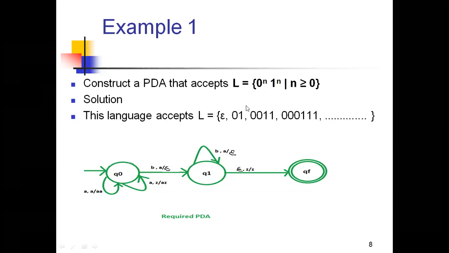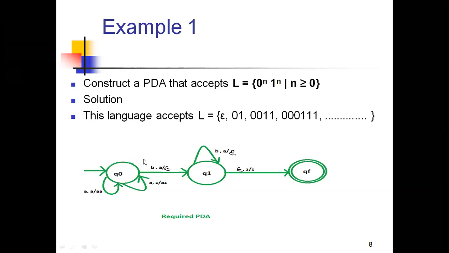And what the required PDA for this language is: first of all, you need to just accept 01. Once you have accepted 01, the remaining strings get accepted, because choosing an initial state and final states is most important here, right? So for accepting 01, I am choosing three states here, q0, q1, and some q2 I can choose, or directly I can take qf, right?